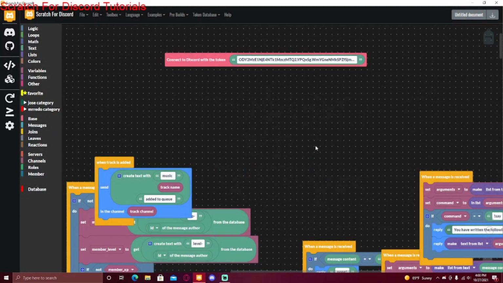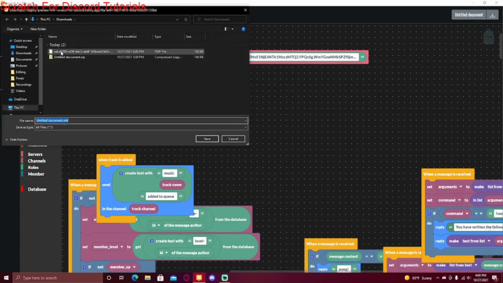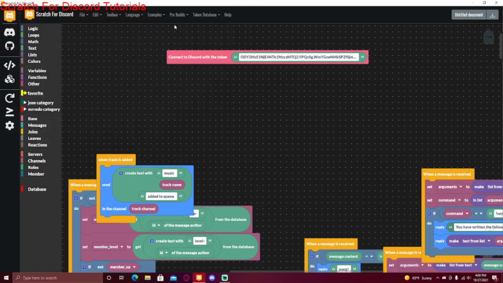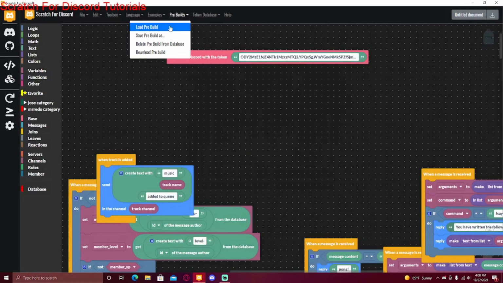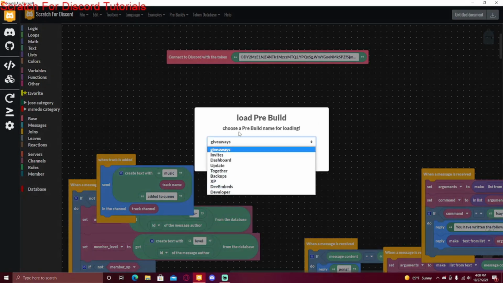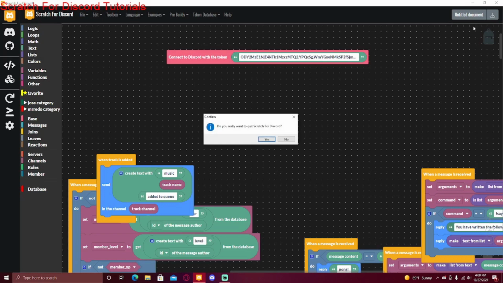After it downloads, make sure you have this file saved if you want to access it later. So go into file and then click save, and then choose your location that you want to save it in. You can also go up to pre-builds and click save pre-build as, and then name it, and then when you want to load it, you can click load pre-build and select the thing that you named it as, and then it will load it. And after that, we're done with the Scratch for Discord app, so you can close that